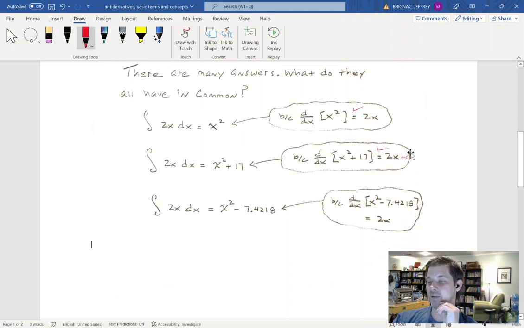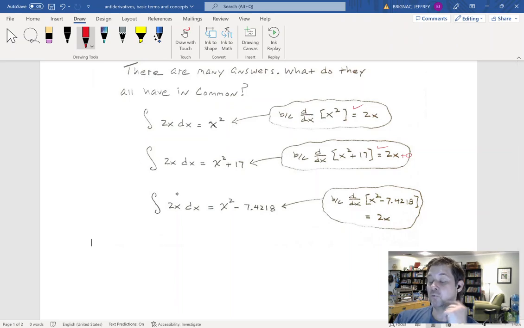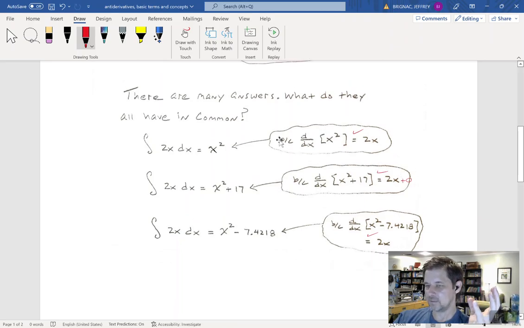And now just for dramatic effect, I'll give you one more. Would it also be correct to say the antiderivative of 2x is x squared minus 7.4218? Would that also be correct? Yeah, that would also be correct for the same reason this last one was correct, okay? That the derivative with respect to x of x squared minus 7.4218 is 2x, because the derivative of any constant is 0, all right? So yeah, so it looks like there's more than one answer that we could give for